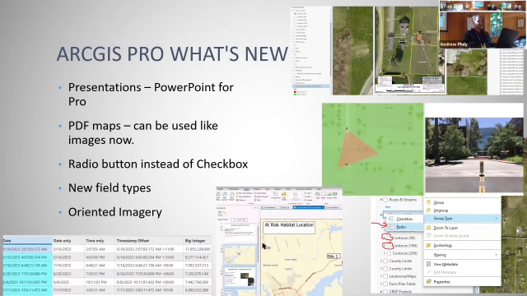There are new field types in ArcGIS Pro. You can see some of them down here in the lower left. Extended dates and times goes into the microseconds. Not that we need microseconds, but it is possible. Before it was date and time. Now it can be date only or time only, which is very handy because I hated it. It always defaulted to the 12 p.m. or 12 a.m. or something like that. So now you can switch it over to date only, which I may be doing for our